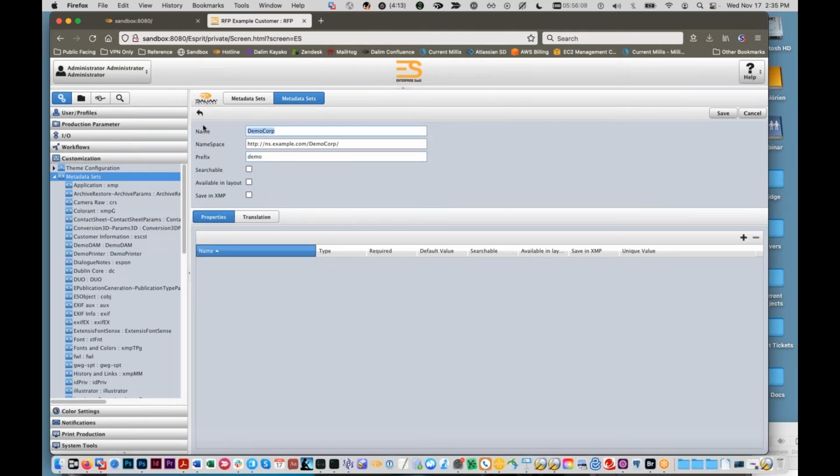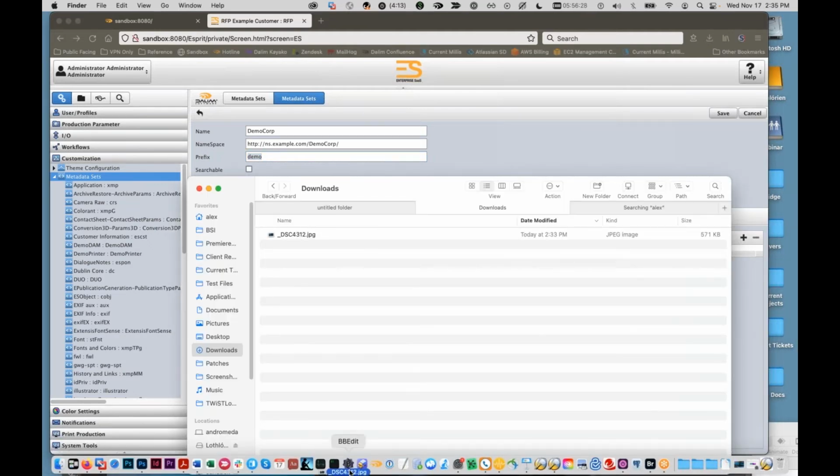Now, there's a few pieces of information you need to supply when you set one of these up. The first is you have to give it some kind of a friendly display name that's going to show on screen. That's what's used elsewhere in ES. You need a prefix, which is the sort of code name for these. If you actually open one of these files up in a text editor,